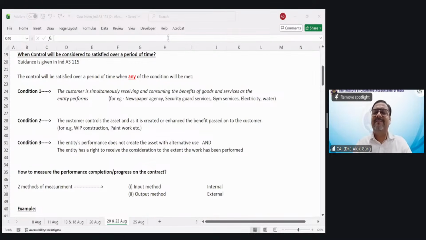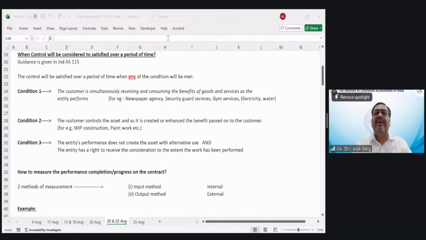So my dear friends, in this case, this performance obligation is satisfied over a period of time. The moment the customer gets the newspaper, the customer is consuming and receiving the benefit. Yes or no? Yes, the customer is consuming and receiving the benefit, right? Today's news the customer will not read tomorrow. Tomorrow it will be just like scrap, raddi. So my dear friends, this is a series of distinct goods and services. So what you will do, you will recognize your revenue on a straight line method basis.